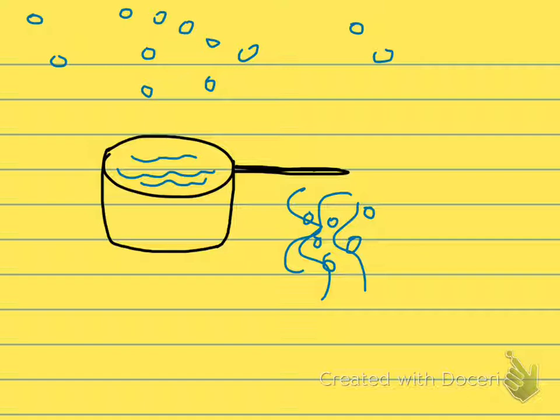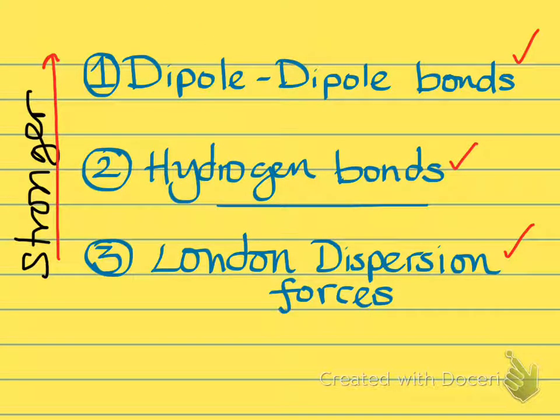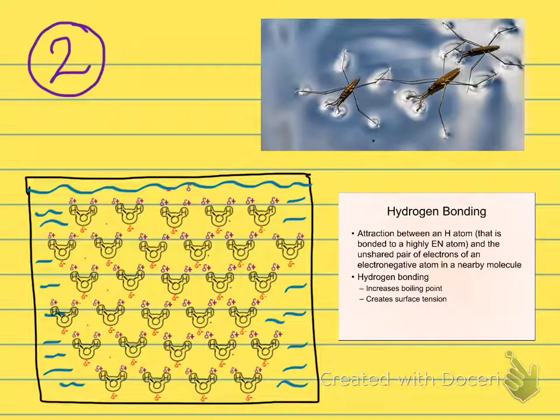Let's talk about our second category of intermolecular forces. That would be hydrogen bonds. As you might expect, hydrogen's involved. So, hydrogen bonding happens when we have a hydrogen atom that's bonded to something very electronegative. Typically, we see hydrogen bonds form between hydrogen and things like adjacent oxygens or hydrogen and adjacent nitrogens, things that are pretty electronegative. Can also happen with hydrogen and an adjacent fluorine. So, in a hydrogen bond, as we zoom into this water, every little water molecule has a region of partial positive and a region of partial negative charge. And though those forces of attraction are still only in the molecules that are immediately adjacent to one another, as these forces don't extend through the whole